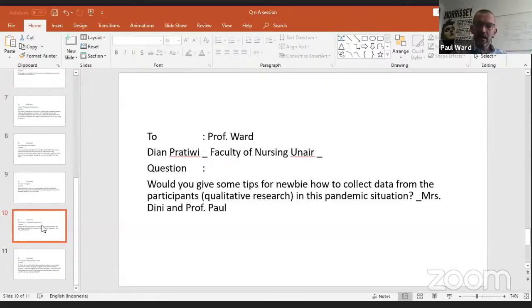So, yeah, I think it probably... that seems to be, for us anyway, in lots of studies we're doing at the moment, the technology of choice, I suppose. But it's interesting. I've got a PhD student here from Indonesia who's doing his research on pasung,